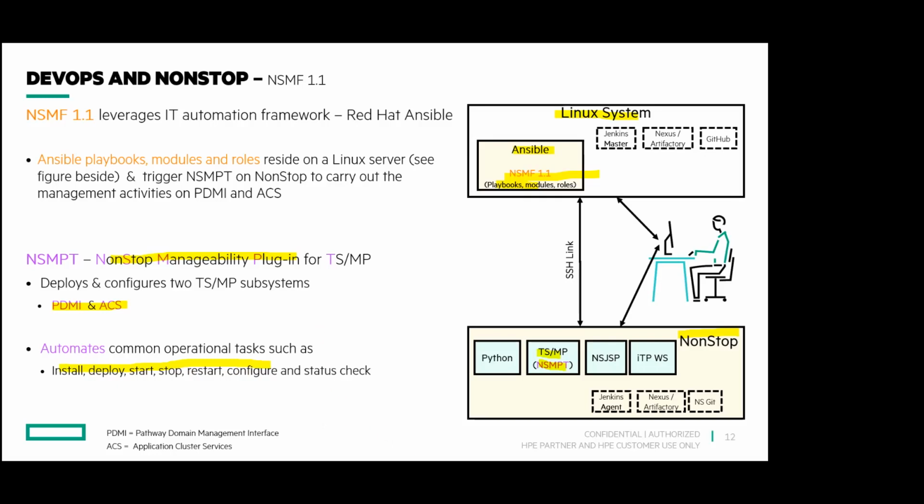And we also have another thing implemented in this 1.1, which we are not advertising much because we just did it as a POC within our department. So NSJSP and ITP web server. Let's say you're writing a servlet program in Java. You want to deploy it in NSJSP. So first of all, NSJSP has to exist, configured, ready to receive the servlet. And then NSJSP's front end is ITP web server. So you have to install that and bring it up and integrate NSJSP and ITP web server. So these functionalities I just listed out, all of them are done in a playbook.